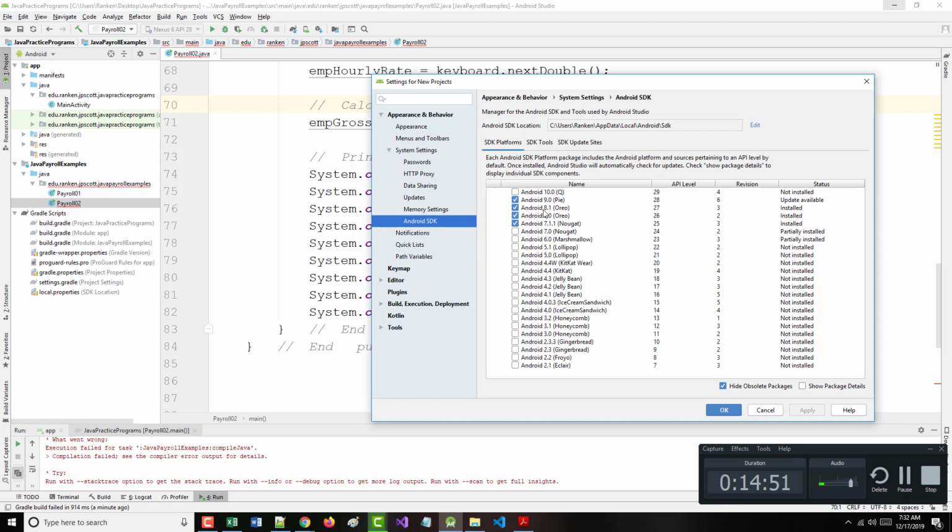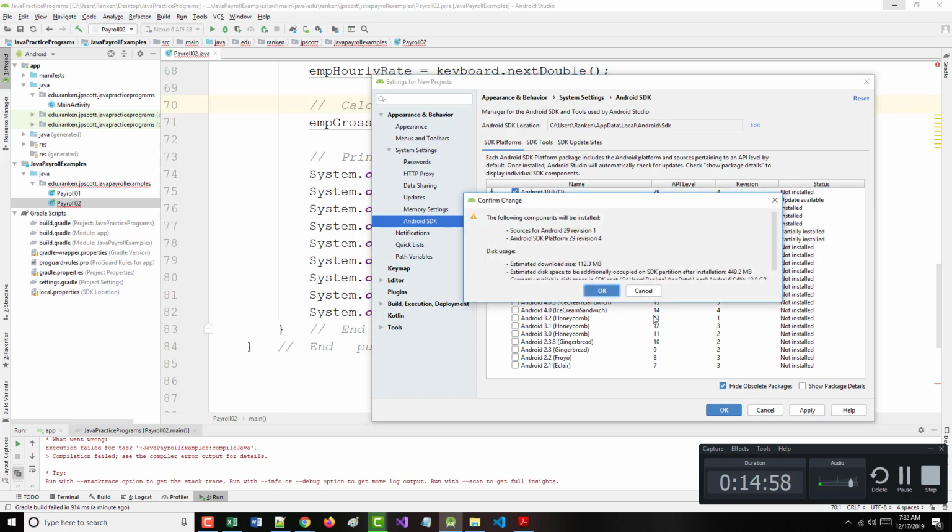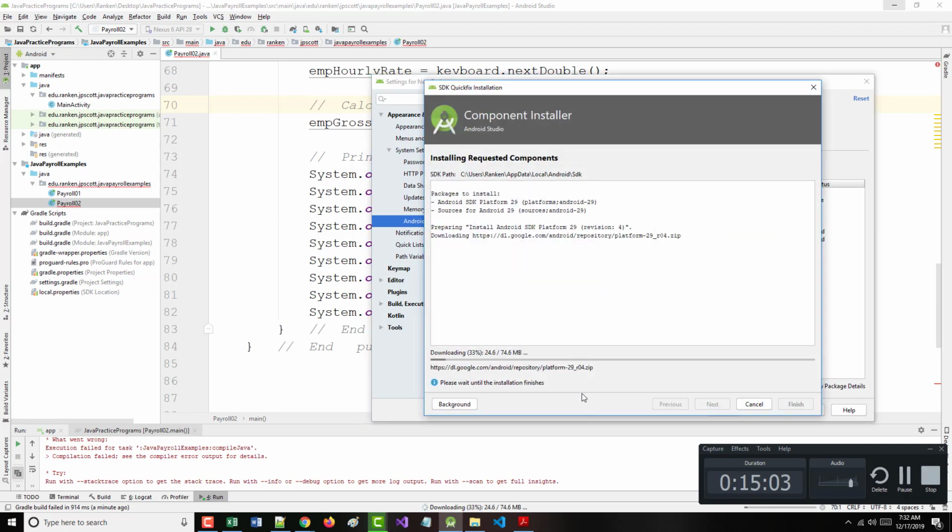Got all that stuff installed, so that should all be okay. I can add that, but I don't think that's going to help anything. So I can apply that, and I don't know if this is going to update Gradle for me. Gradle is basically a build system that works in the background, but it is an Android build system. The errors that I'm getting now are not Java errors. They are Android errors. If this problem persists, then what I'll do is I will go in and actually manually